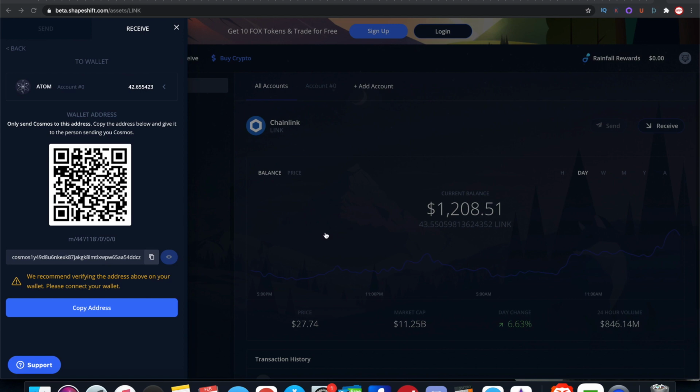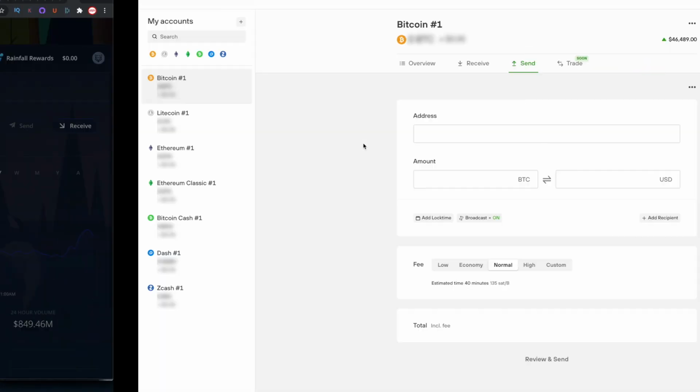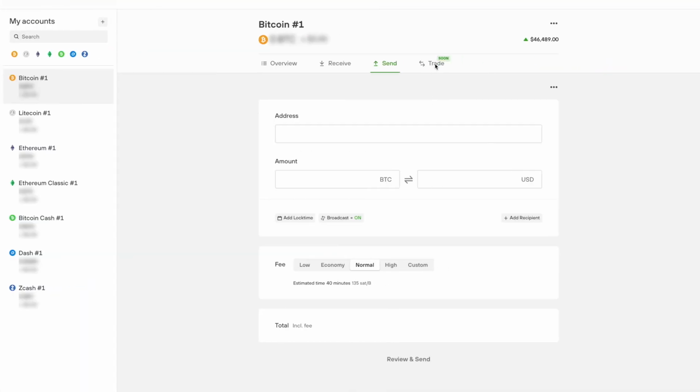But in terms of trading, I definitely prefer using the ShapeShift beta platform. There is a trade feature, as you can see here, that is coming soon. But in terms of getting that to actually work, there's no release date or ability to test that out, but it will not be the exact same, or I guess seamless process as you're going to have here